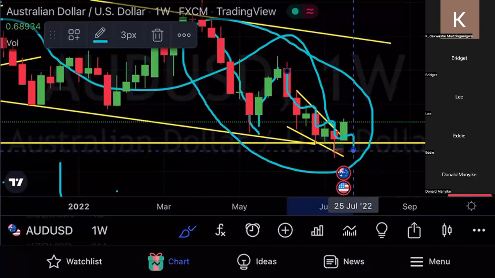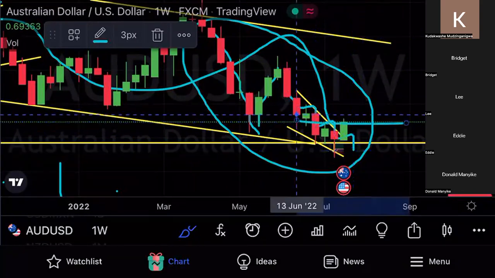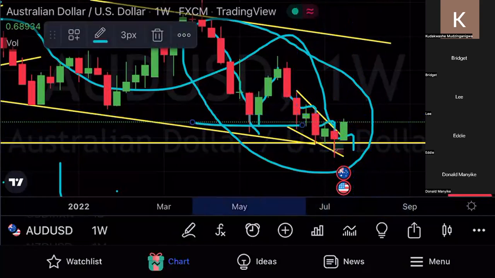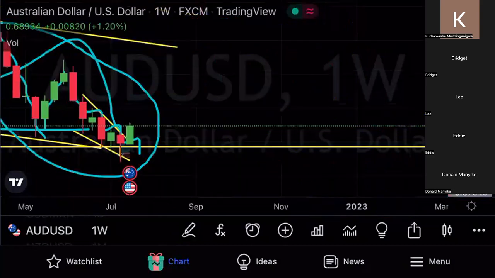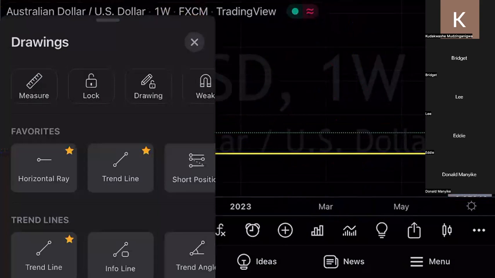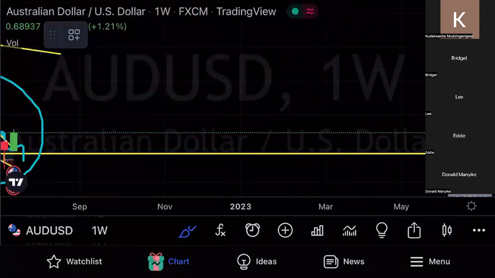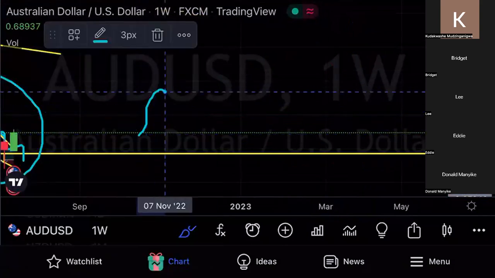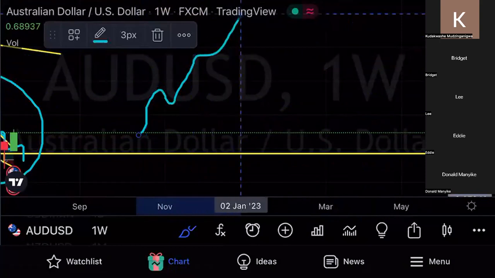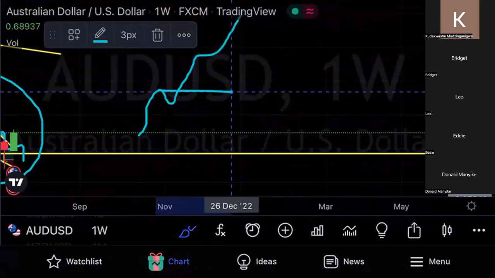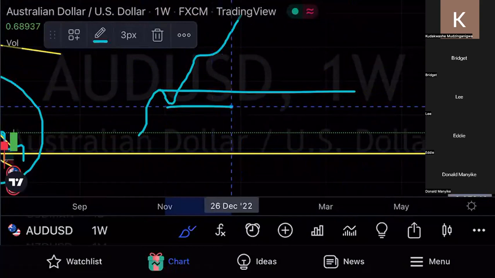So now the key is, how are we approaching the order block? Are we approaching the order block impulsively, or are we approaching the order block correctively? It's the same principle that I have shown you earlier. Let's say price is pushing to the upside, and let's say this is the area of our order block.